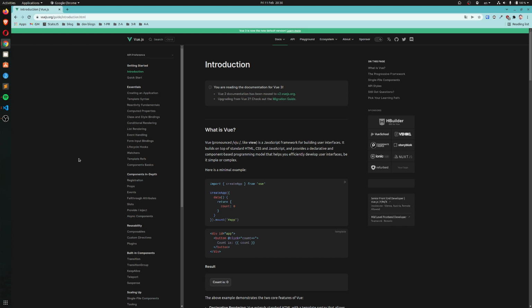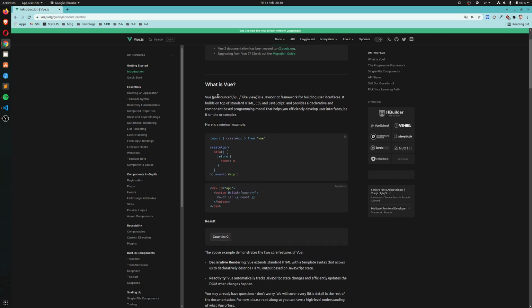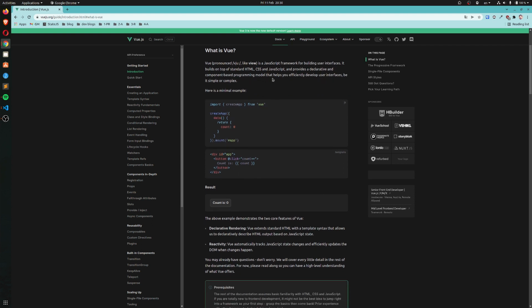Introduction. You are reading the documentation for Vue 3. Vue 2 documentation is here, and there is also a migration guide. What is Vue? Vue, pronounced Vue, like view, is a JavaScript framework for building user interfaces. It builds on top of standard HTML, CSS, JavaScript, provides a declarative, component-based programming model, and helps you efficiently develop user interfaces, simple or complex. Minimal example: import createApp from Vue, and then this createApp takes an